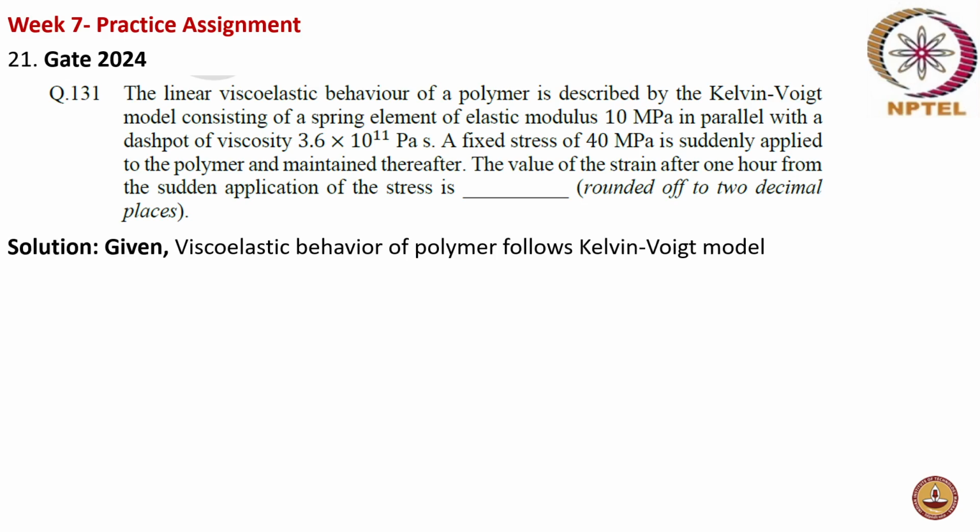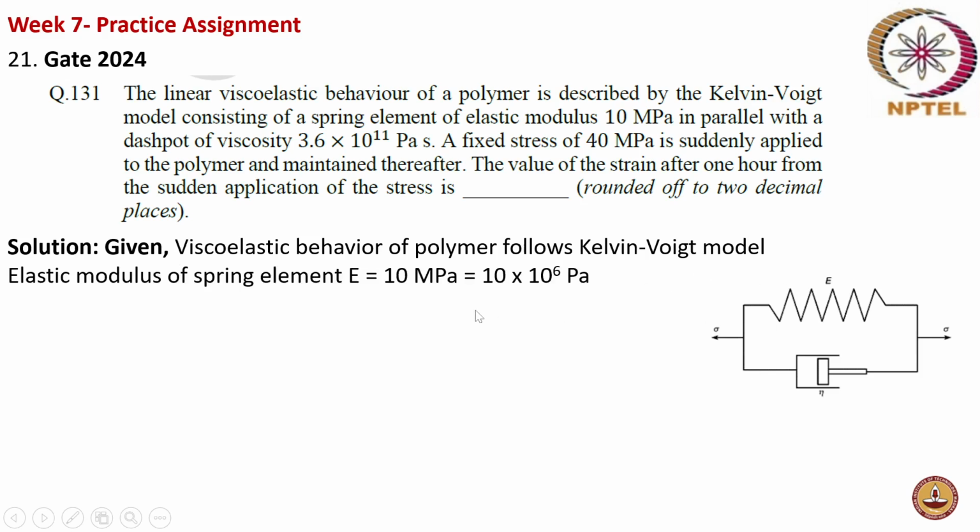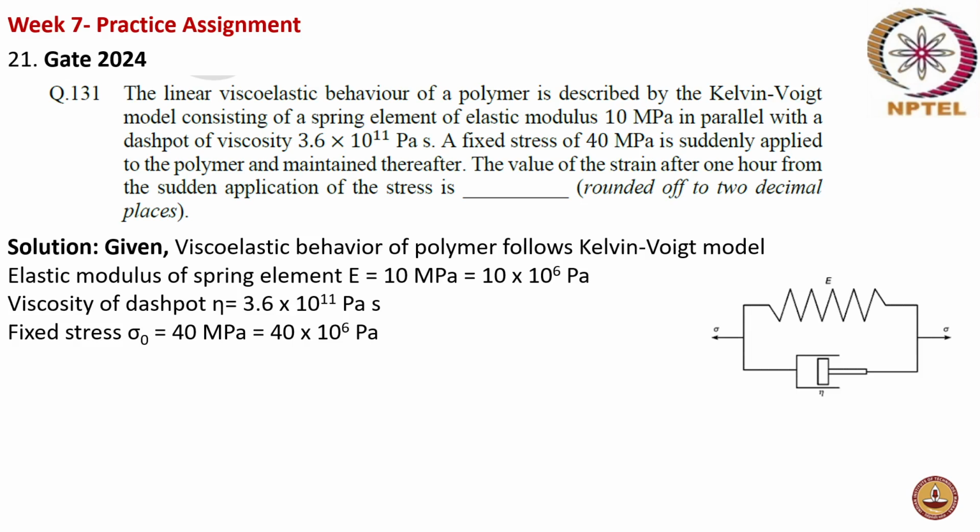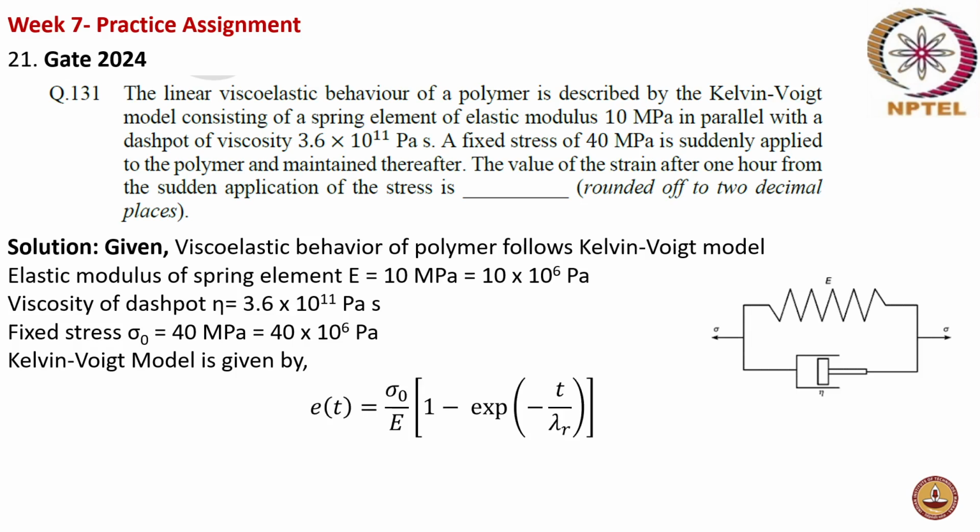First of all, viscoelastic behavior of the polymer follows the Kelvin-Voigt model, in which you have a spring element in parallel to a dashpot element. The elastic modulus of the spring element is 10 megapascal, which is 10 into 10 power 6 pascals. The viscosity of the dashpot, eta, is 3.6 into 10 power 11 Pascal seconds. The fixed stress sigma naught is 40 megapascal, that is 40 into 10 power 6 pascals. Now the Kelvin-Voigt model is given by epsilon of t is equal to sigma naught by E into 1 minus exponential of minus t by tau r,